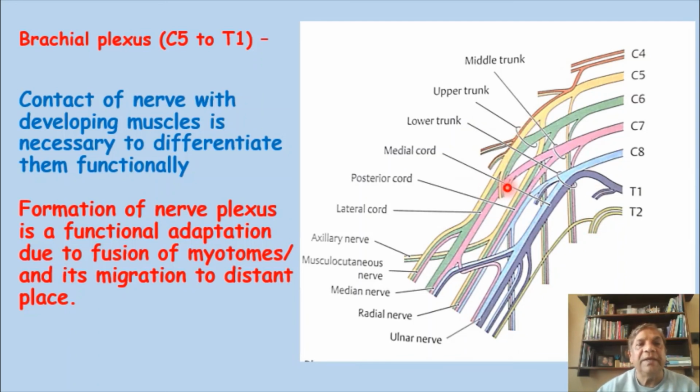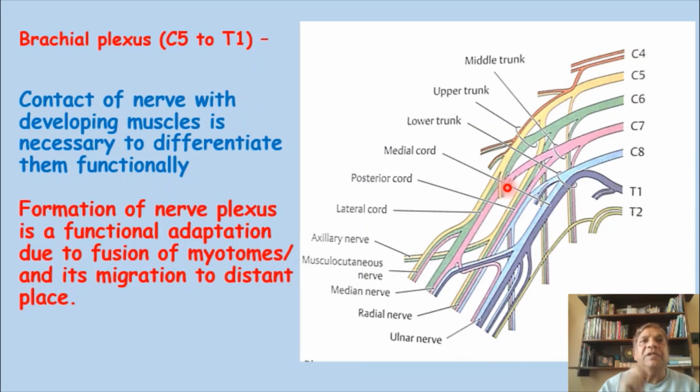Unless the terminal end of the motor nerve fibers, which take origin from the anterior gray column, touches the muscle to which it is designed,